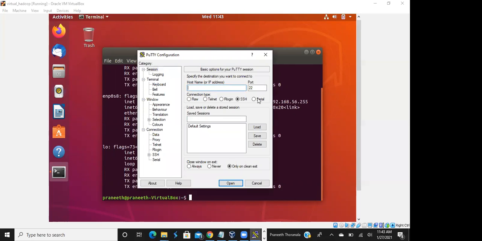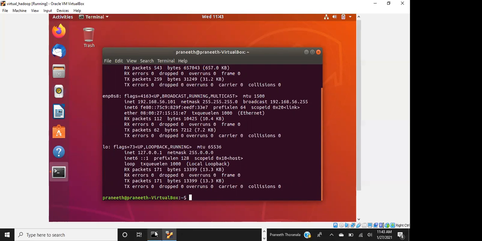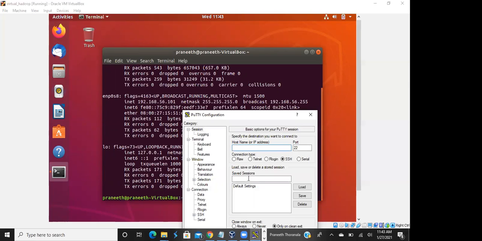You can type Praneeth as the username, at the rate 192.168.56.101.